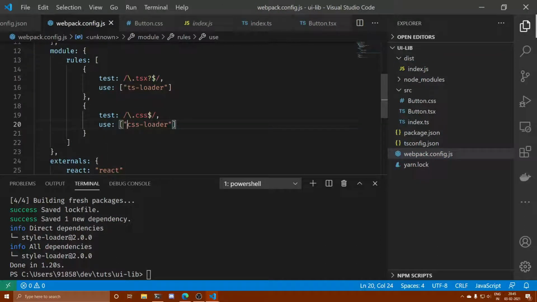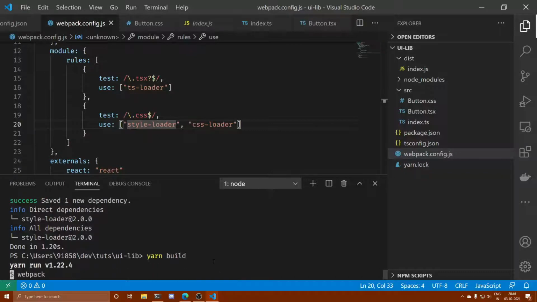Now over here we have to first apply the css-loader, and then we have to apply the style-loader on the results obtained from css-loader. So in Webpack speak, if you want to do something like this, you have to create an array and include them in this fashion. All the processing happens from right to left. So this loader will go first, and then the output of this loader will be fed to this loader. So if there are 5 loaders, they are going to process from right to left.